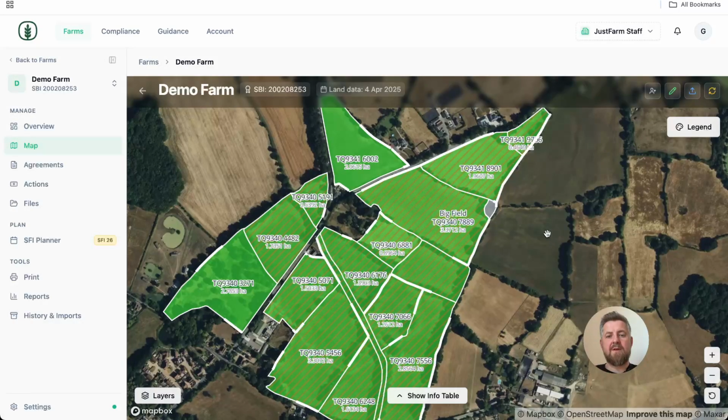One of the key features in JustFarm is the ability to upload and store evidence in a secure and organized way on your farm. There's a few different ways to do it in the platform, depending on what evidence you're uploading and your own personal preferences. So I'll go through them here, but I'll start with the most simple way to do it, which is if